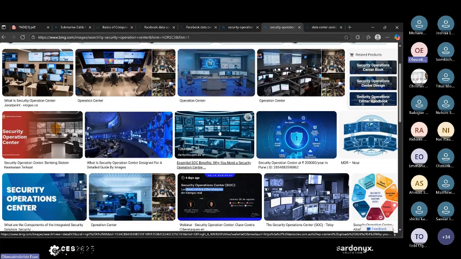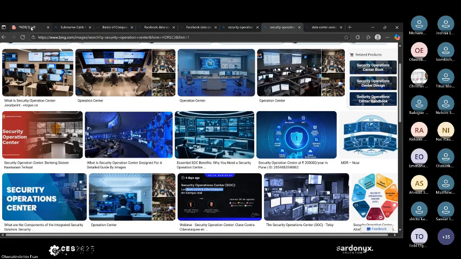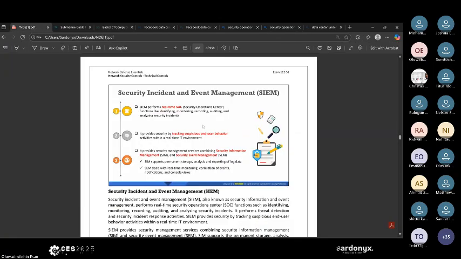And some people don't have this kind of resources, right? It might just be your system or 2 or 3 more screens to monitor traffic. But a SOC is actually 24/7 for most organizations. It's a 24/7 job, but you have shifts. SOC is one of the jobs that you work on shift. Yes, you work on shift. Also, it provides tracking of suspicious end user behavior, and it provides security information management and security event management.